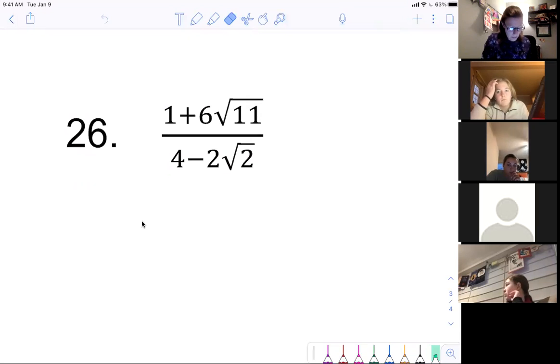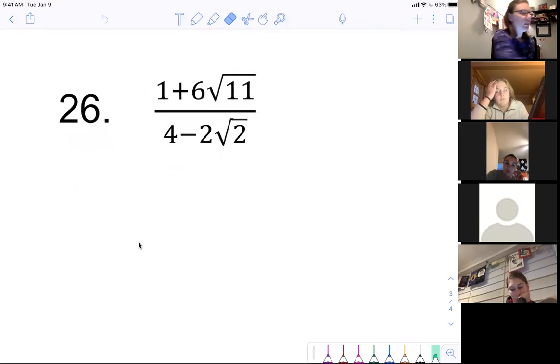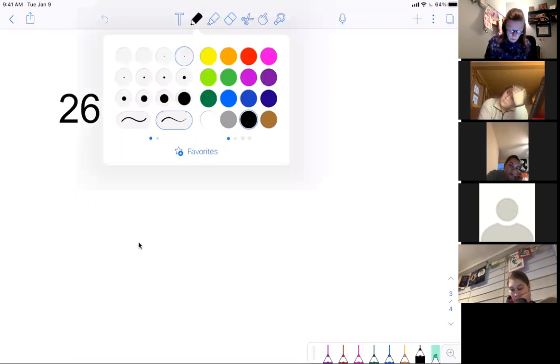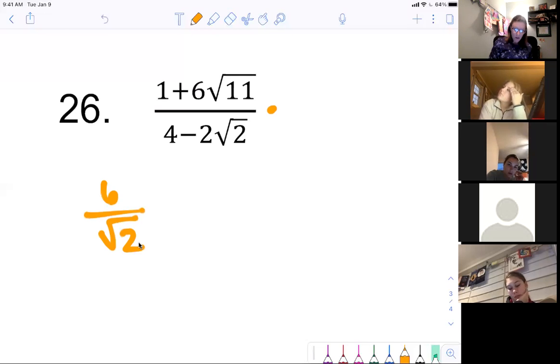Ava R., what do we multiply by to try and get the radical out of the denominator? Do you have to multiply by the square root of 2? So we do have to multiply by the square root of 2, but not just the square root of 2. The reason is that there's more in the denominator besides the square root of 2. If this said 6 divided by the square root of 2, then the only thing in the denominator that we need to get rid of is the square root of 2. But because there's a quantity,